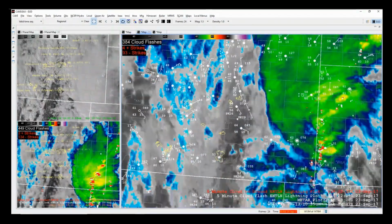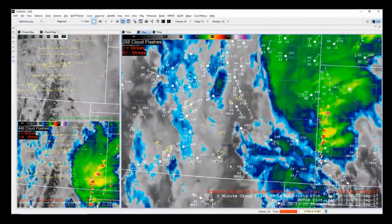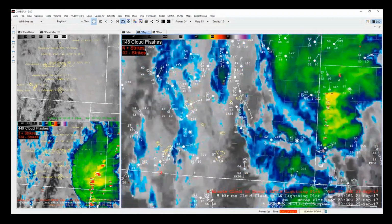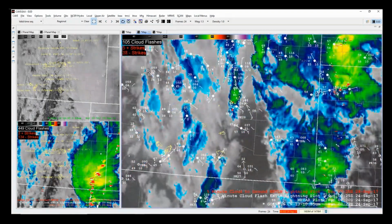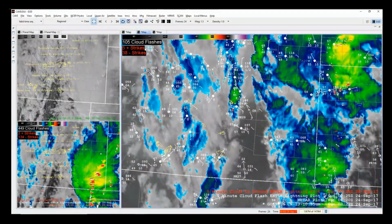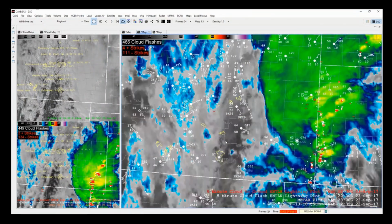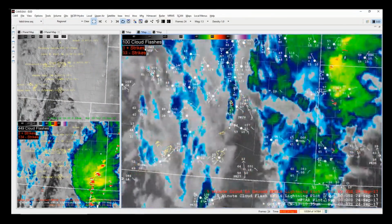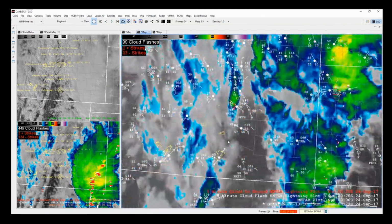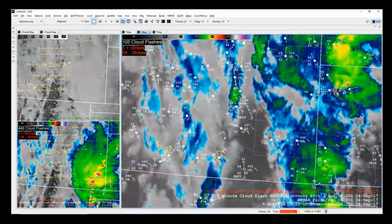Now we turn our attention further south. You can see this area of, again, cooling clouds. I think there might have been a couple of cloud lightning flashes occurring in that area. And so we start watching that because it is starting to approach this burn scar. This is, again, the Junkins burn scar. And given the fact that we had heavy rain generated from this area, we're concerned that this little blob of moisture coming up might produce heavy rain as well. So we can move to the next time,